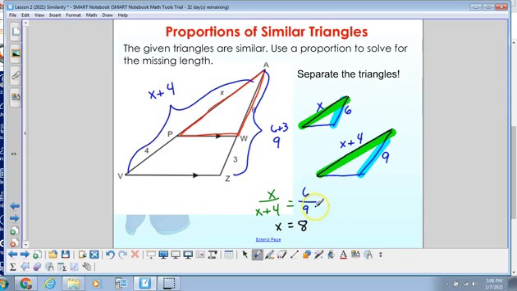And that's all about similar figures and proportions. If you have questions,